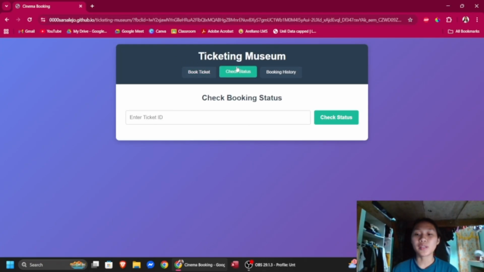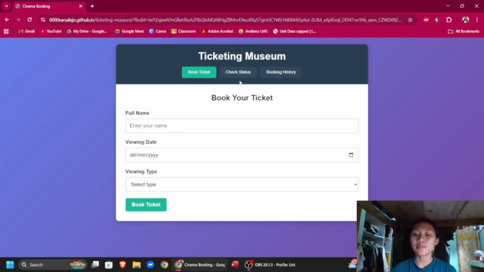As developers, our team collaborated from start to finish, planning the design, coding, and features, and integrating the database to make the system functional. The purpose of our museum booking website is to make it easier for users to reserve museum visits online. It allows users to input their names, choose their preferred visit date, and select the type of ticket or